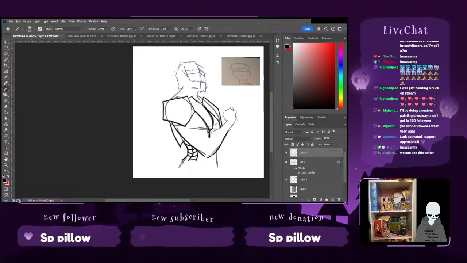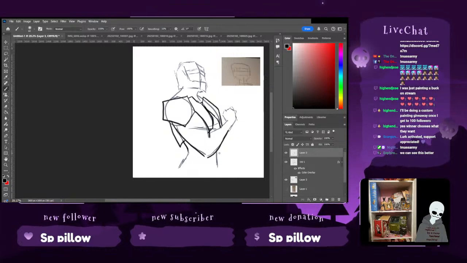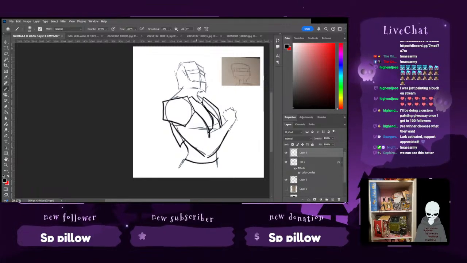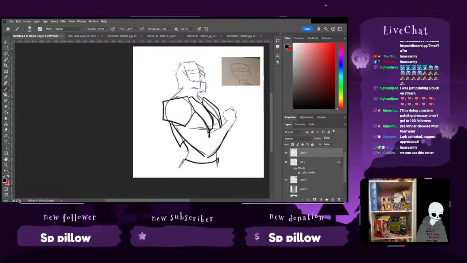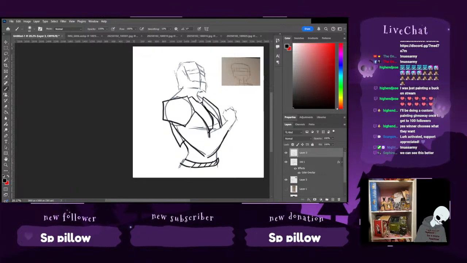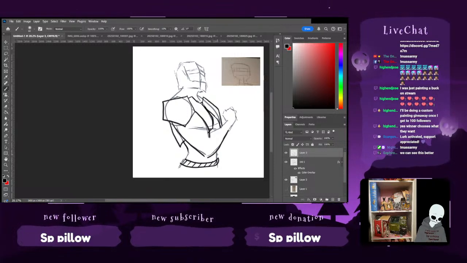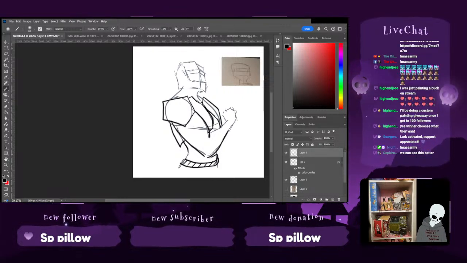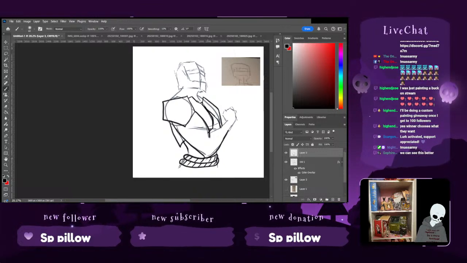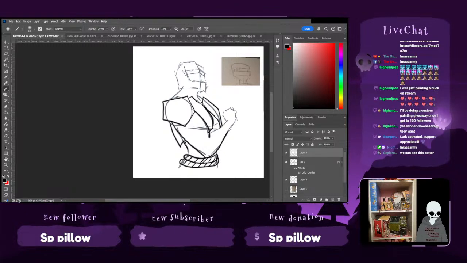We don't want him to look like Spider-Man though. So what if we do those more around, more like that? And maybe have a couple of them coming down this way.